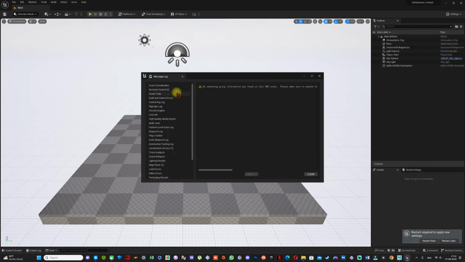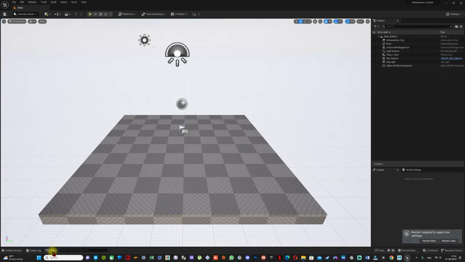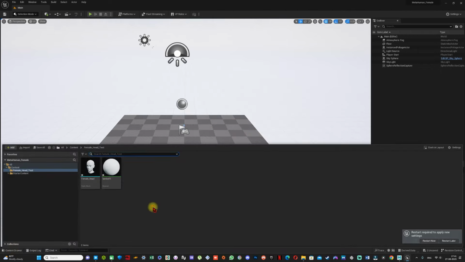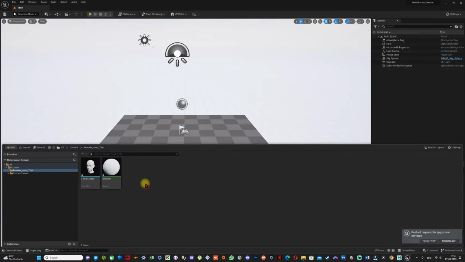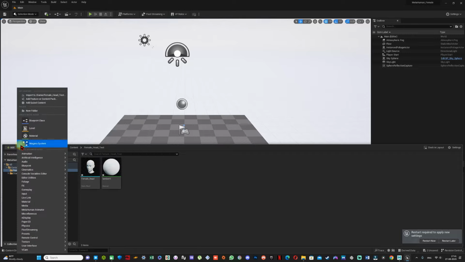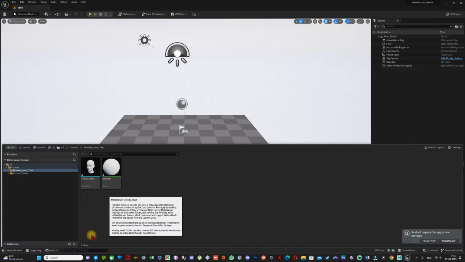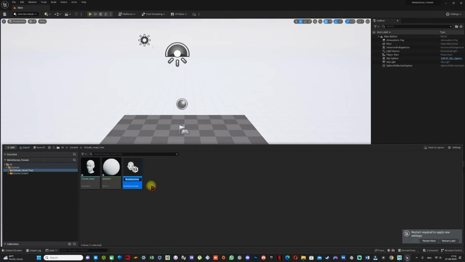If you see any message from here, just close it, open it again. The shortcut is control space to open the content drawer. So just add MetaHuman animator and MetaHuman identity. Rename it according to your head. Once renamed,